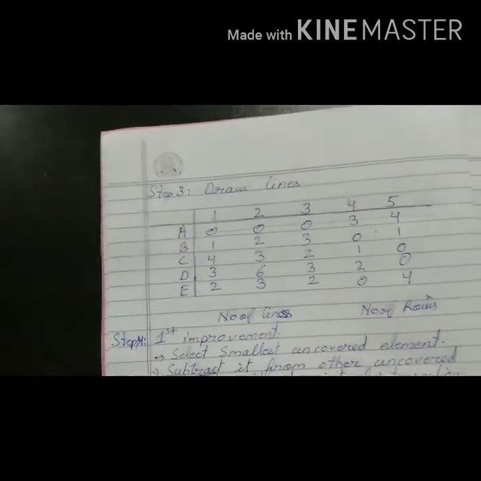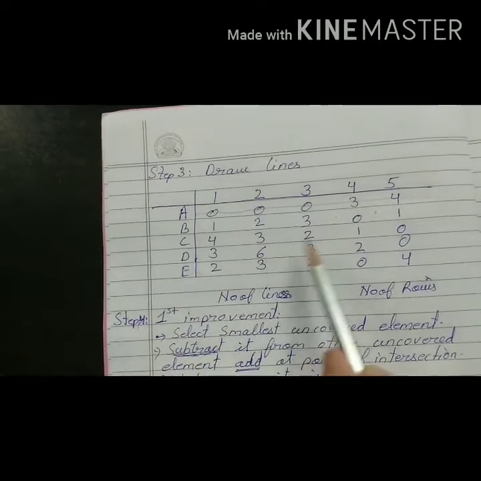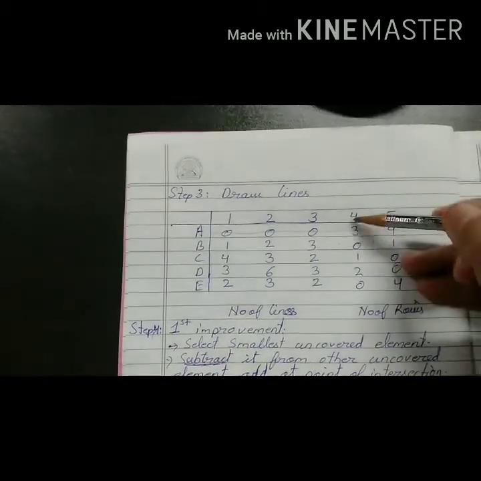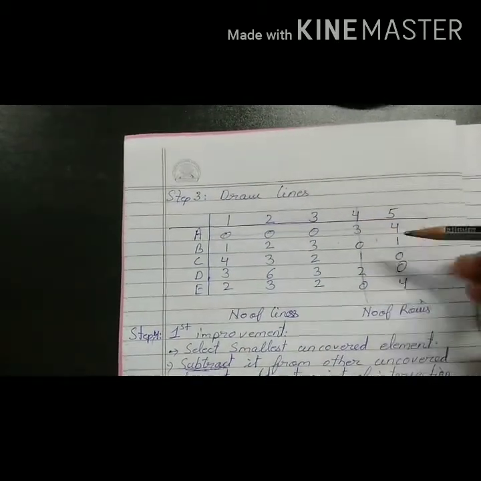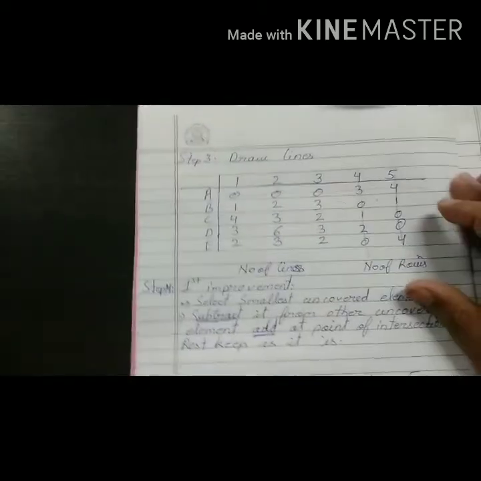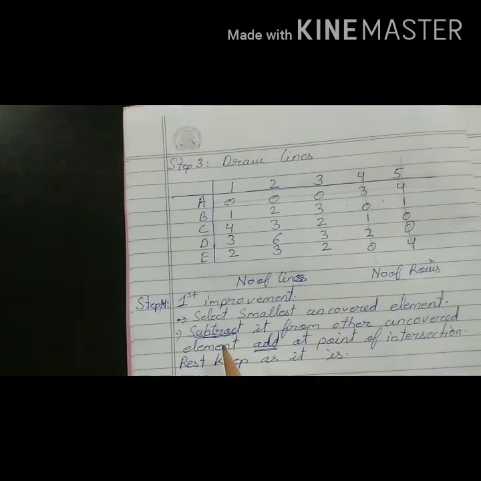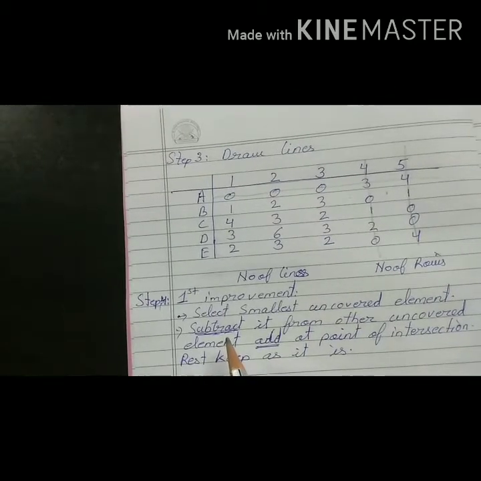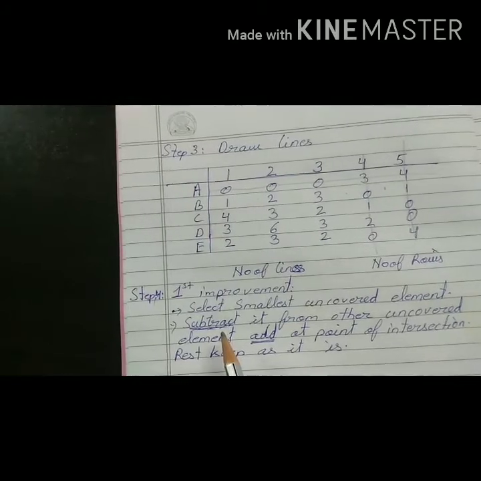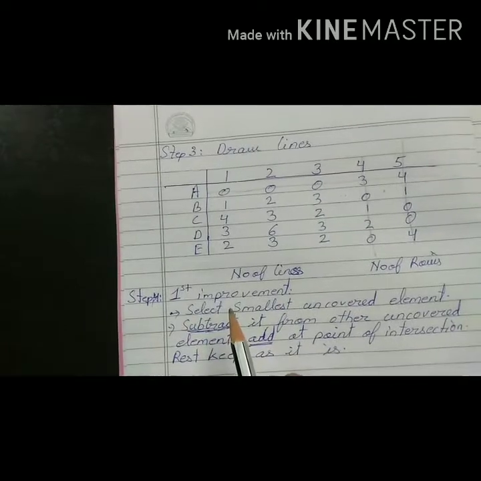Okay. Now 3 zeros is over, go for 2 zeros. Now is there any row which has 2 zeros? No. So check any column which has 2 zeros. Yes. Column number 4. Column number 5. Check if any other chance is there where we can get 2 zeros. No, then go for a single 0. Is there any row or column remaining which has a 0? If it is there, then draw the line across it. Otherwise, we have only 3 lines, so we cannot draw more lines.